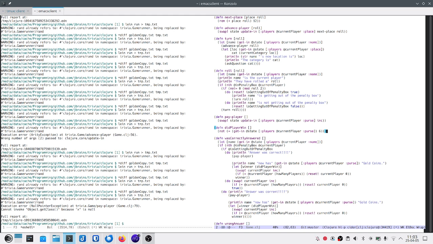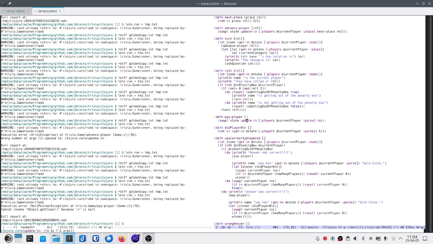Yes, I've managed to break it somehow. This looks okay. Get in state, players current player purse. I've put the dereferencing in. It's line 79 where it's unhappy. Pay player. It's unhappy with this line here.